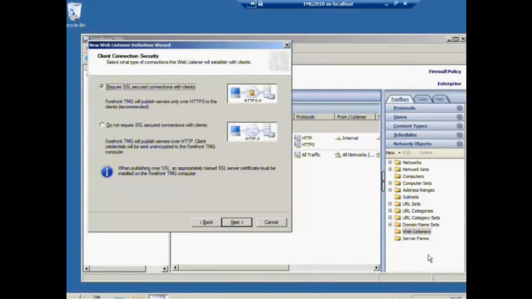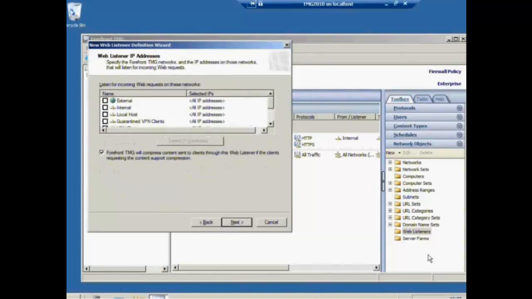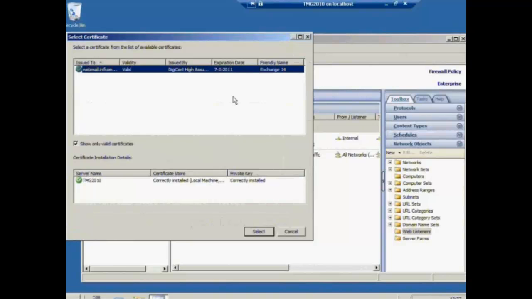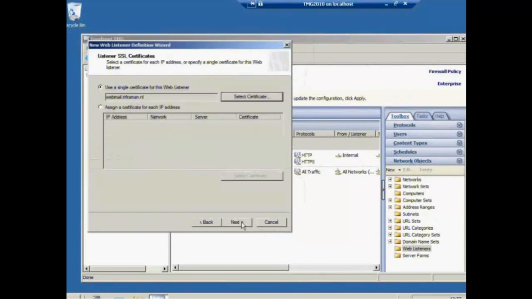We require SSL. We have to select the network interface. We only have one network interface here, which is known as the internal network. We have to select a certificate. I already installed a certificate on this server. We select the certificate,